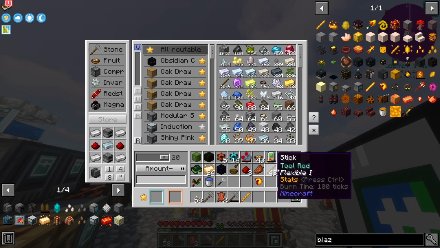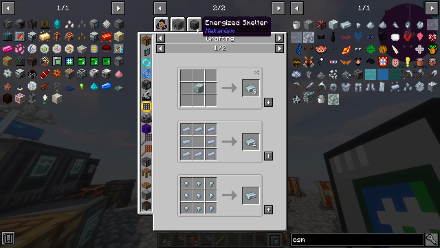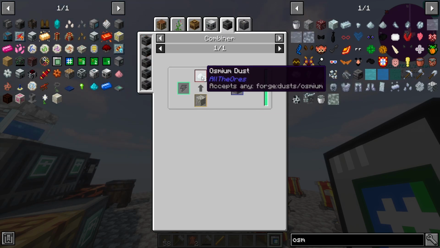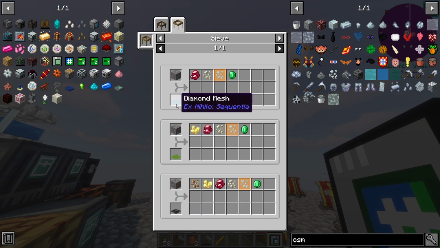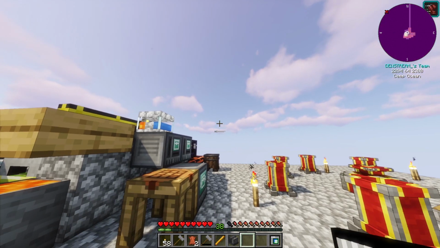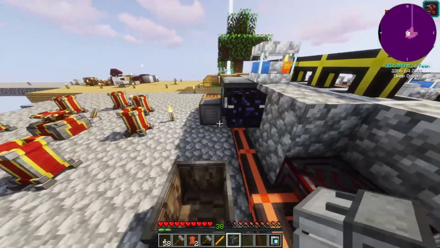The osmium, by the way, just to let you guys know, you get from smelting the dust, which you get from this. Nope. I'm struggling a bit. You get from sifting gravel in a diamond or above sieve. And it's a 10% chance. So yeah. We're going to make one of these metallurgic infusers. This guy would probably...